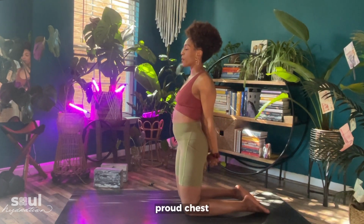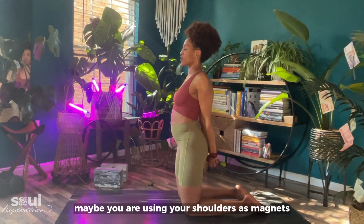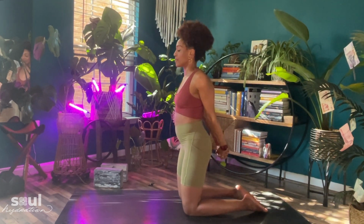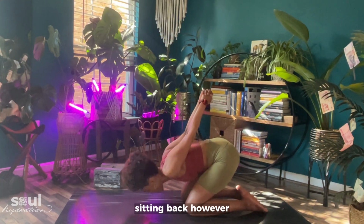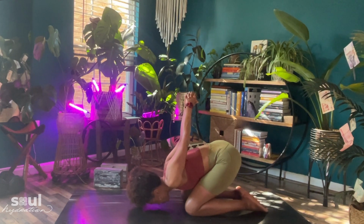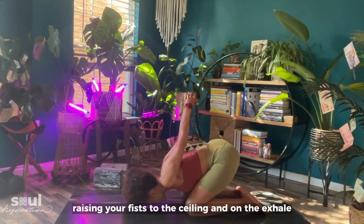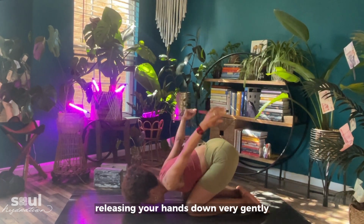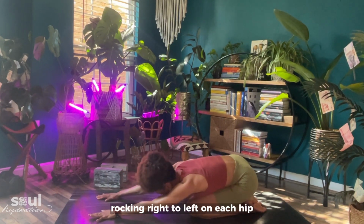Inhale, proud chest. Maybe you are using your shoulders as magnets. Take a nice inhale in here. Exhale, start to bow forward, sitting back, however more you can. Take a nice breath in, raising your fist to the ceiling. And on the exhale, releasing your hands down very gently, finding yourself in a child's pose, rocking right to left